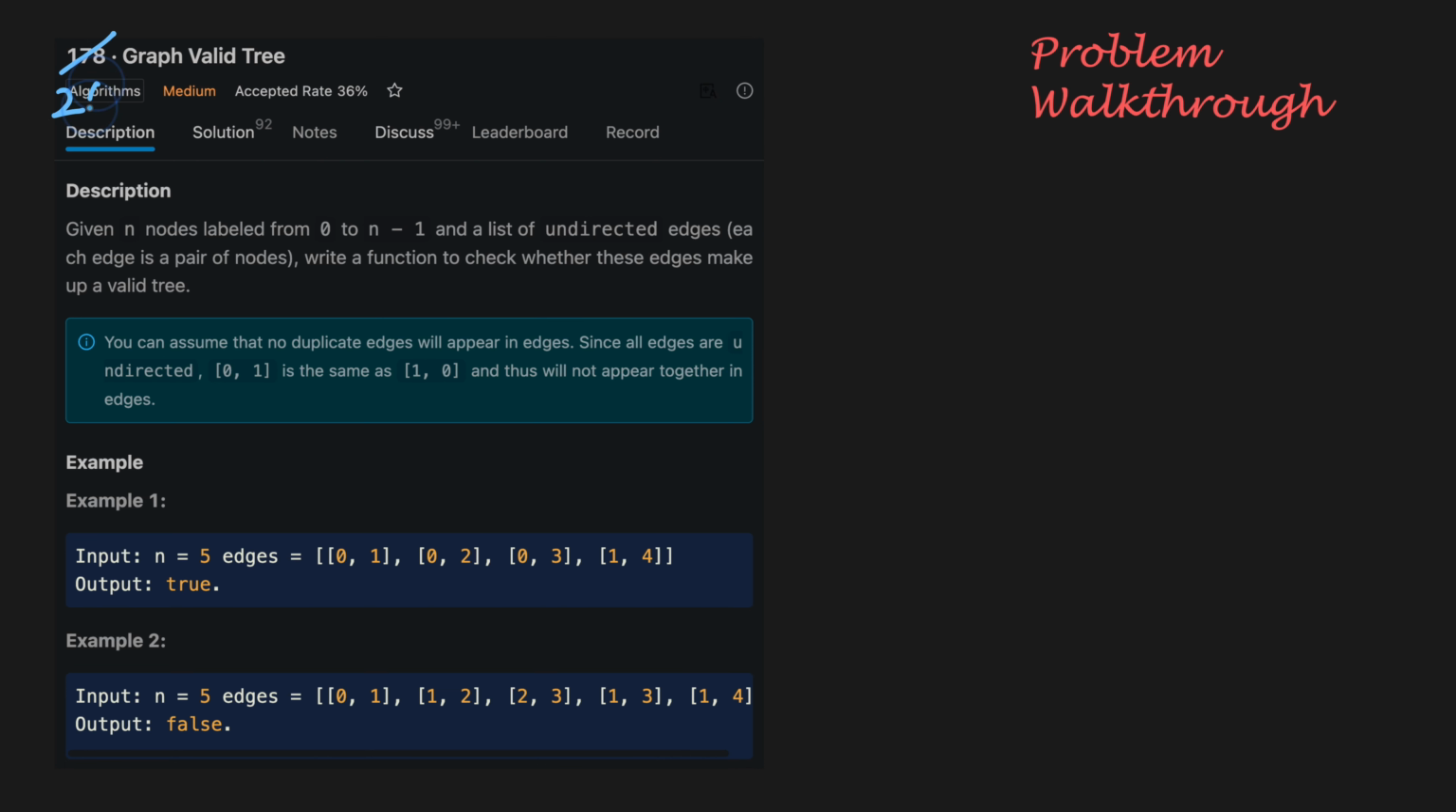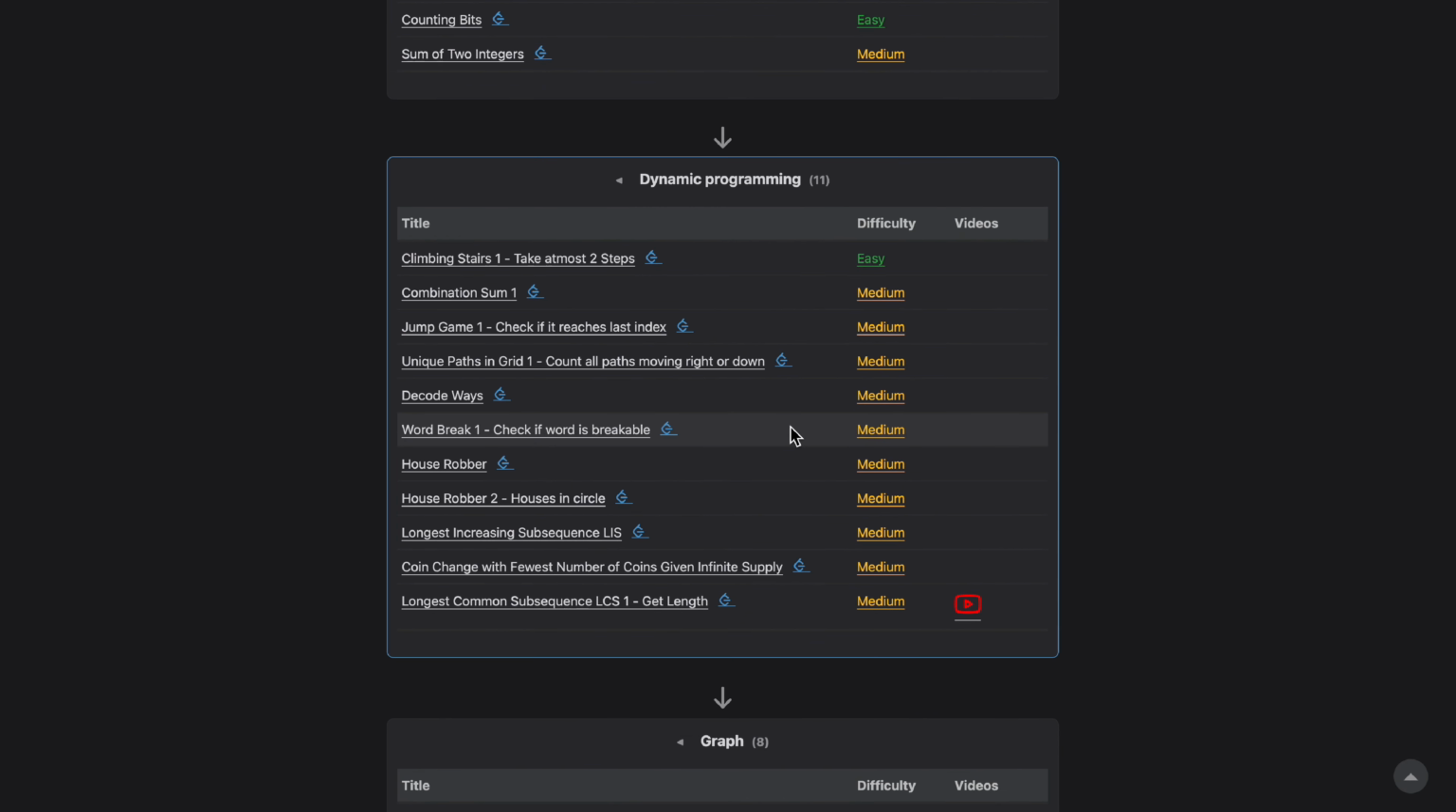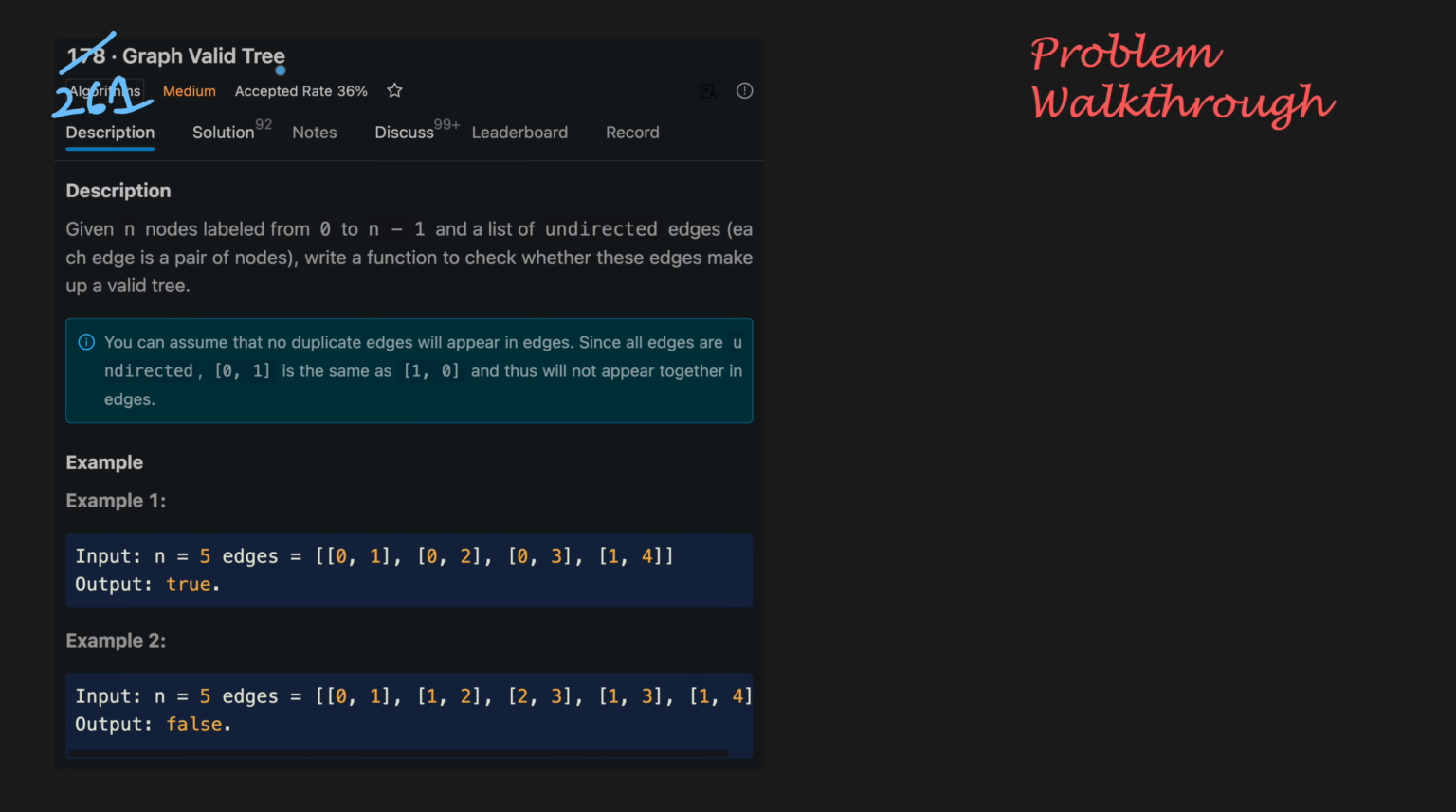Leetcode 261, graph valid tree. We are down to the final few problems in the blind 75 series. And since this is a premium one, you can solve it for free on Leetcode if you don't have a